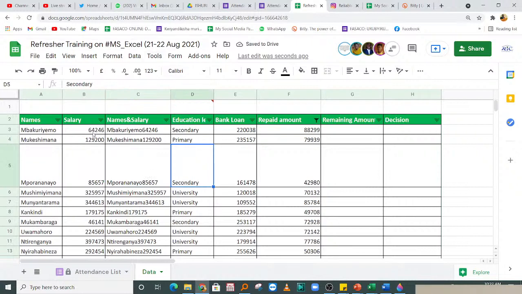So for example, some people have the same names, they may share the names. You find someone who is Kubaho Yesu Theogene with the same names, but we have different ID. So if we want, for example, to print out the list of people,